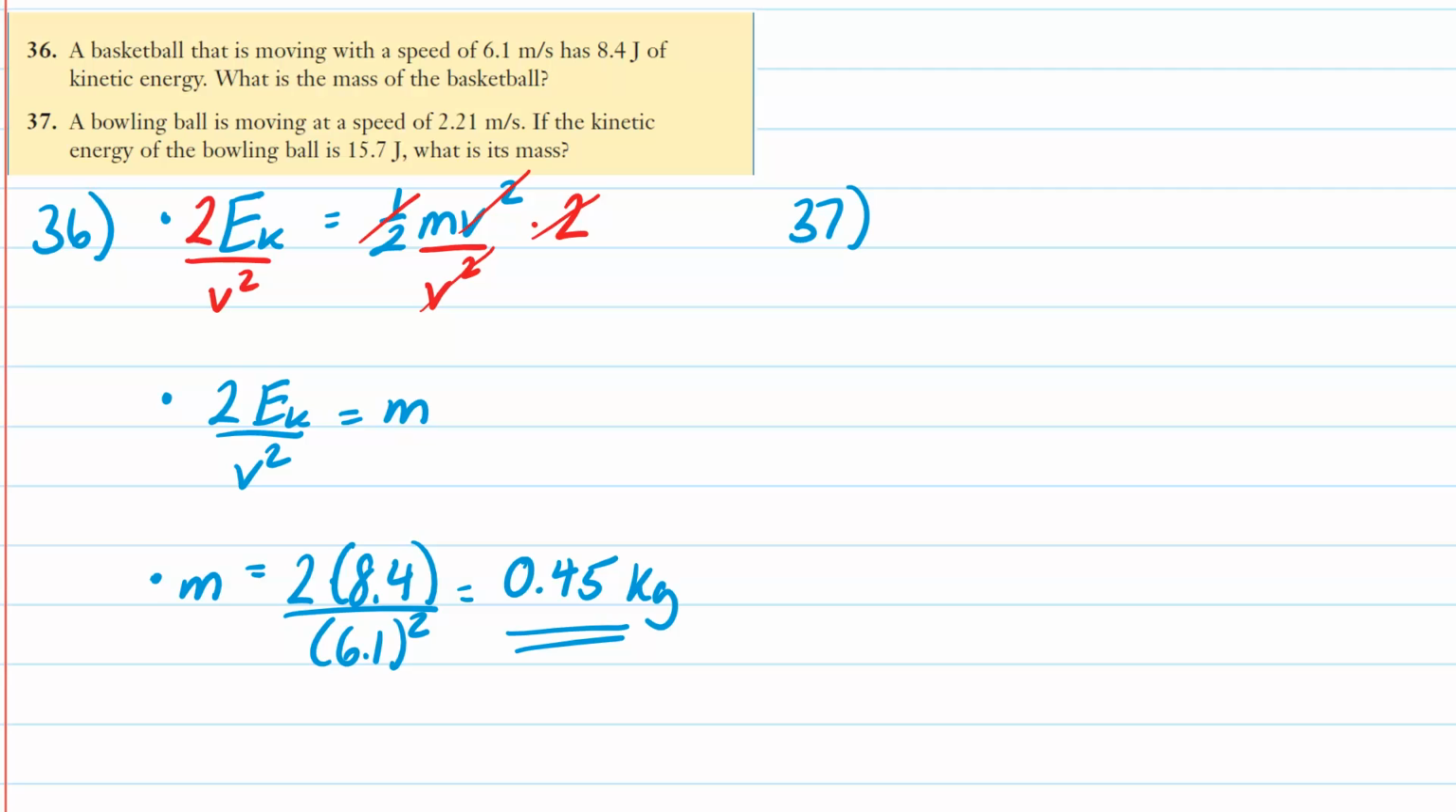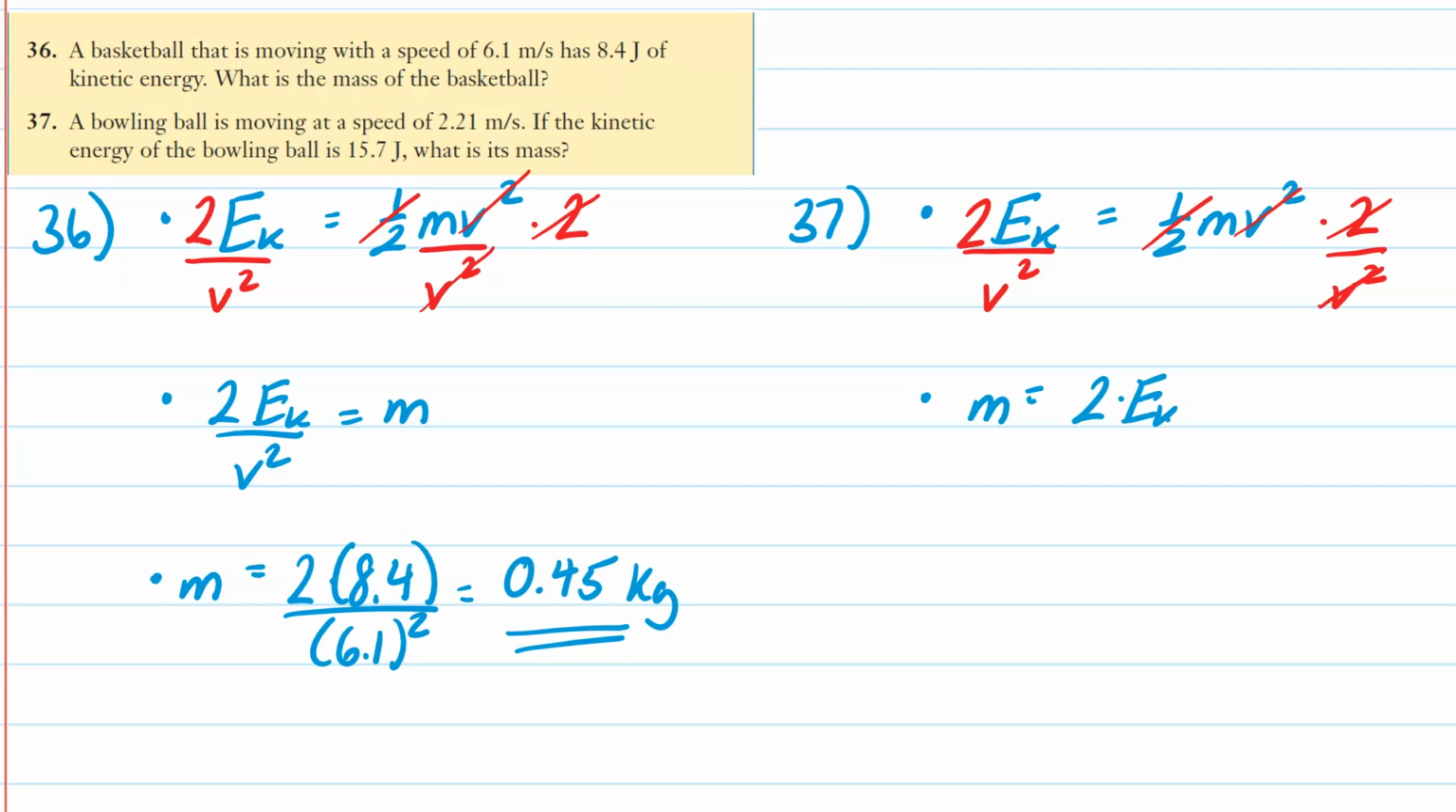Number 37, a bowling ball has a certain speed and kinetic energy. Again, what's its mass? So let's practice this. Kinetic energy equals 1/2 times mv squared. We want to isolate for m. Multiply by 2, divide by v squared. 2's cancel out, v squareds cancel out. Do the same on both sides. 2 divided by v squared. Final equation is m equals 2 times EK over v squared,